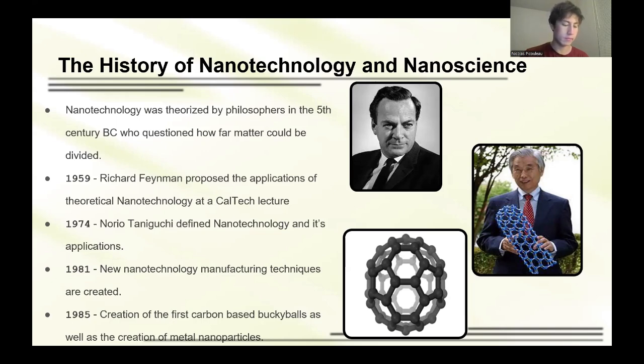Over time, there were many breakthroughs in the field of nanoscience and later nanotechnologies, such as the development of specialized microscopes, such as the scanning tunneling microscope at IBM's Zurich research laboratory by Gerd Binnig and Heinrich Rohrer, as well as other precise microscopes used in the study and manufacturing of nanomaterials. It was also at this time that two new nanotechnology manufacturing techniques were developed, the top-down and bottom-up approach when it comes to manufacturing nanomaterials,